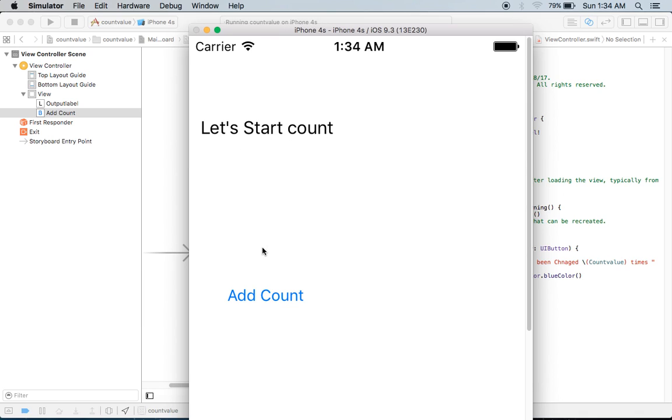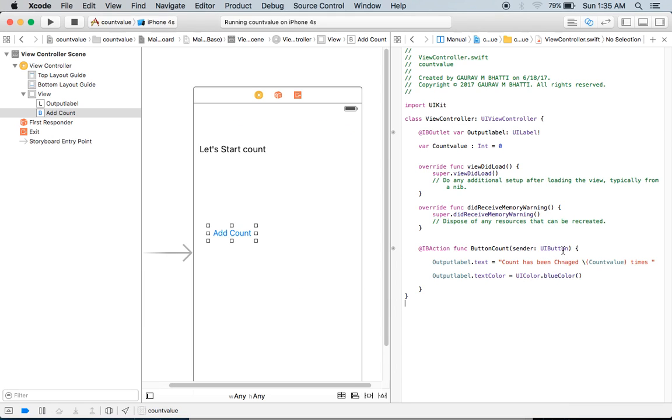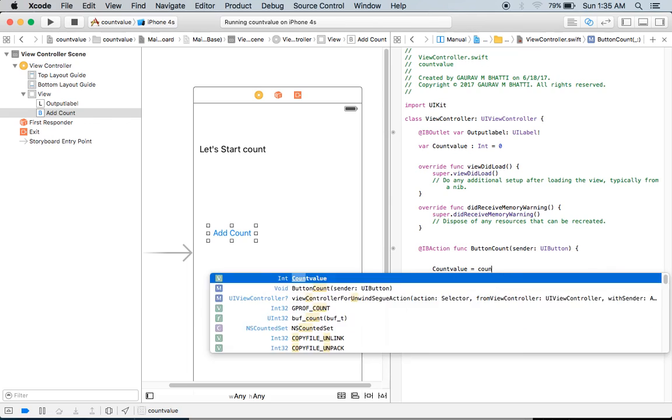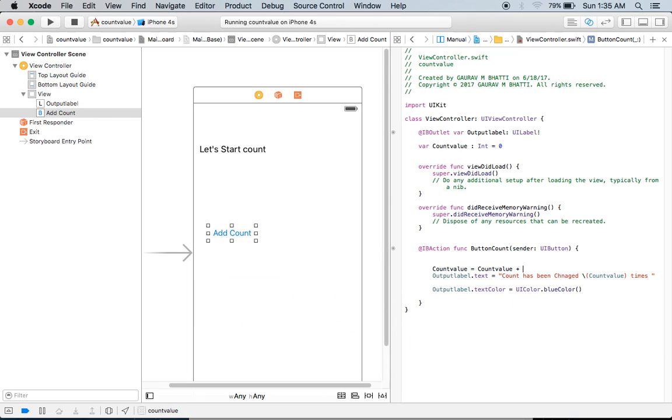Here is the button, add count. When I click on add count, you can see count has been changed 0 times. When I click again, the count will not change because I never changed countValue. So go to code. Here I have to mention countValue equal to countValue plus 1. So now again